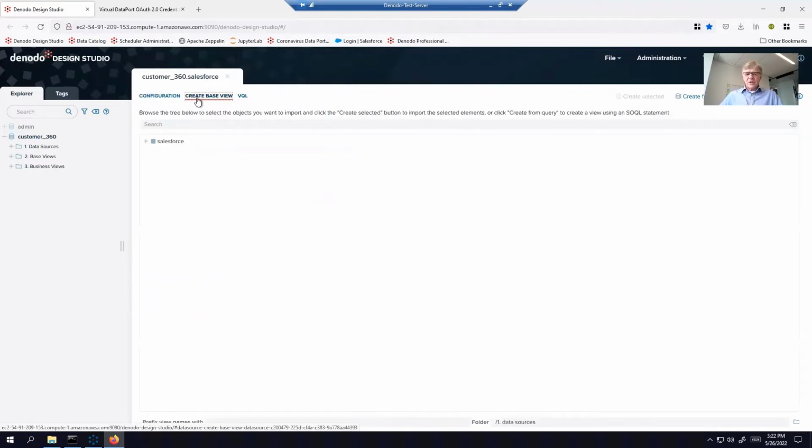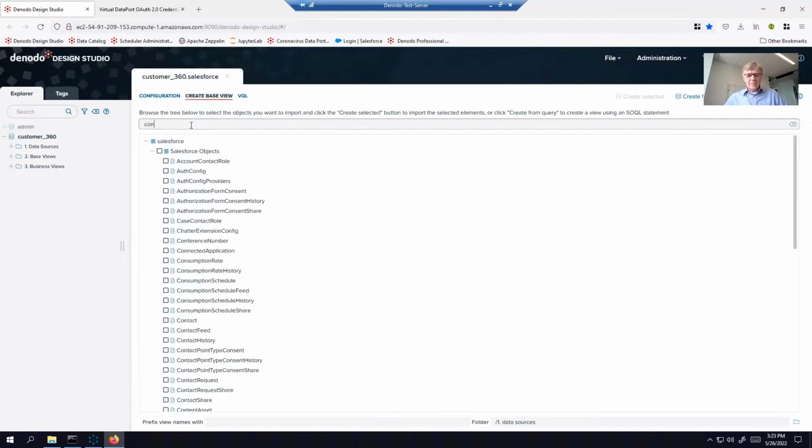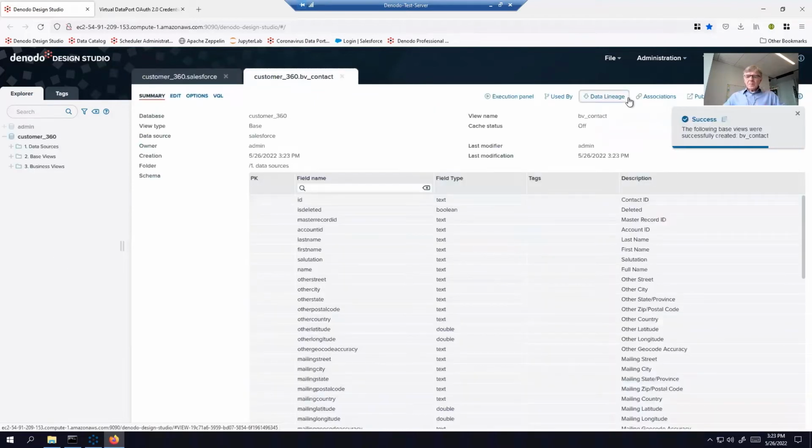Base views are just views within Denodo Professional onto Salesforce, which allows us to get the data objects from Salesforce in real time. And in this case, we have hundreds of objects that you can create. I only want to create one for the sake of this demo, and that is contact. And I'm going to prefix that with BV underscore, just so we know it's a base view. And I'm going to say create selected. And that gives us a view onto the contact